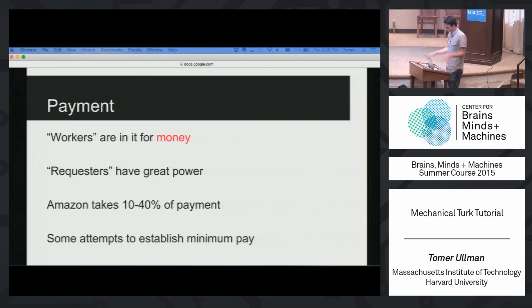There have been some attempts within the psychologists that have been doing Amazon Mechanical Turk studies, and this has also been fueled by the community of Amazon Mechanical Turkers, or Turkers, to establish some sort of guidelines for minimum pay. So, if people come into the lab, there are some guidelines on what you're supposed to pay them. There are no exact guidelines. There's no enforcing guidelines, at least not. Maybe there are within particular universities, but there's no cross-university guideline to tell you you have to pay people this much.